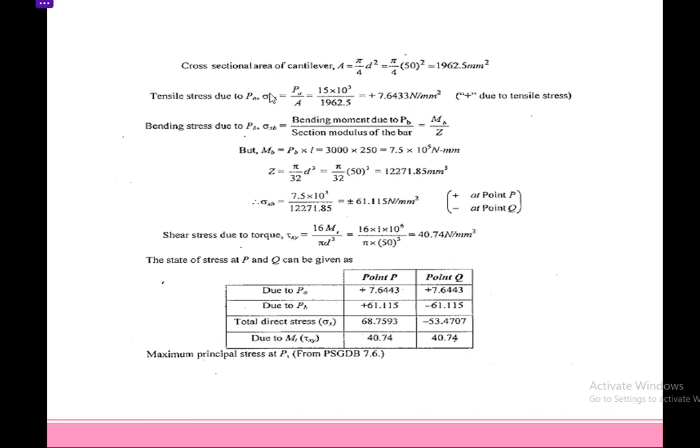Sigma is considered as the stress. Here the load is acting in the x direction or x axis, so it is the axial load. So sigma x a is equal to load by area, that is axial load by area. The load is 15 into 10 power 3 divided by the area we have calculated, 1962.5 mm square. So the total axial load and its stress we have computed as